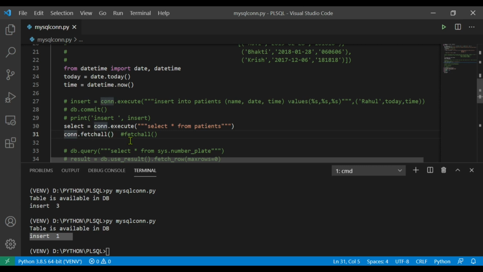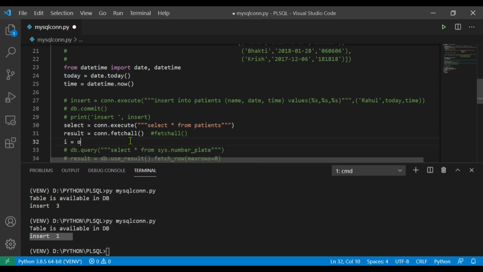So store this fetchall method inside a variable result. Result is equal to connection.fetchall. So declare and initialize a variable i with 0. I am going to use a while loop here: while i less than length of the result,